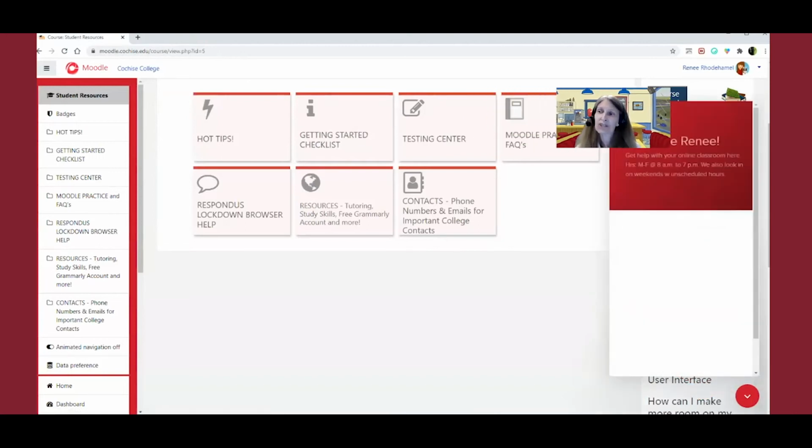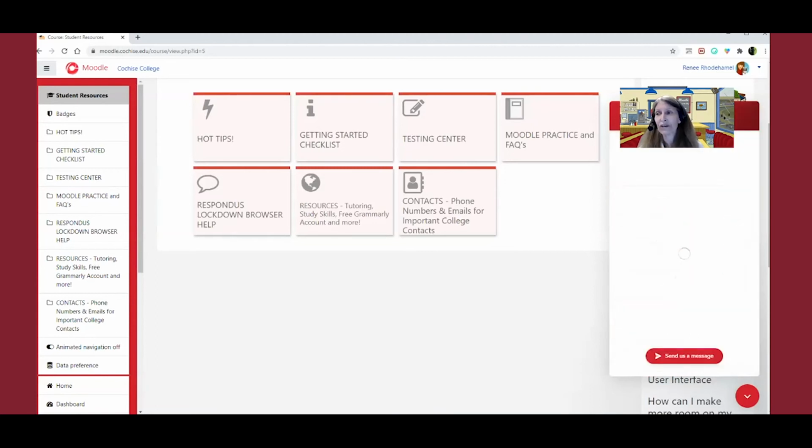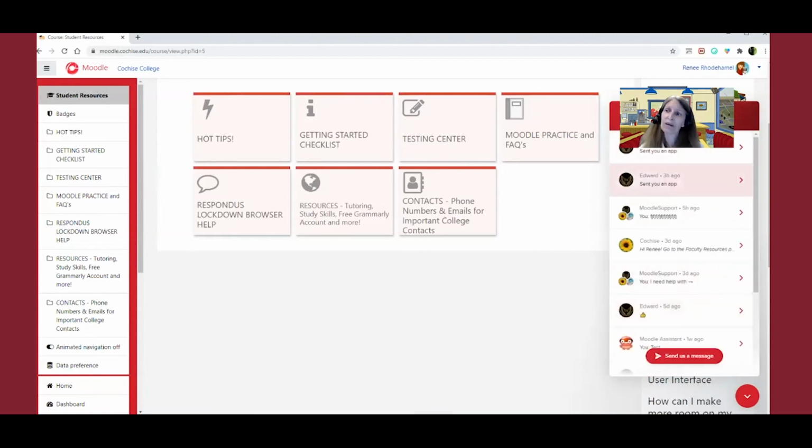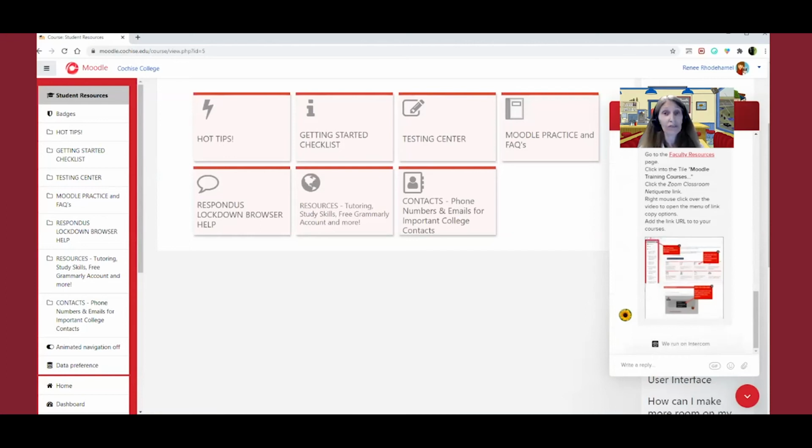And as I mentioned, if you wanted to return to a conversation, you can see I've got a long list of conversations, of course. But I can just click on any one of these and go back to the conversation. And just down here in the text box, I can just start typing again. So you can just have an ongoing conversation with us over many days if need be.